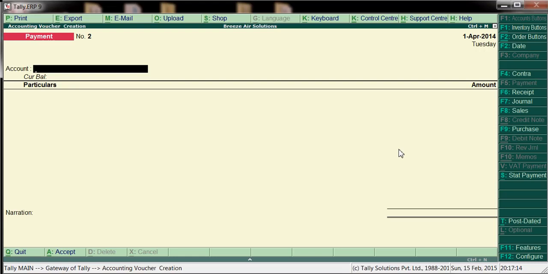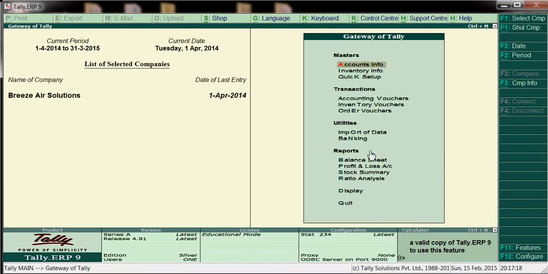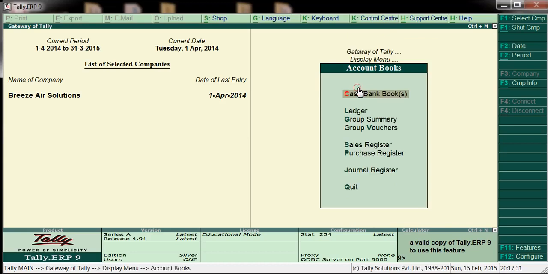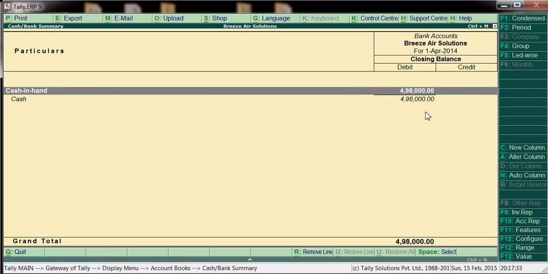We'll see the cash balance. Go to display, account books, cash. See here 4,98,000. Cash should always be a debit balance, and here debit is there.